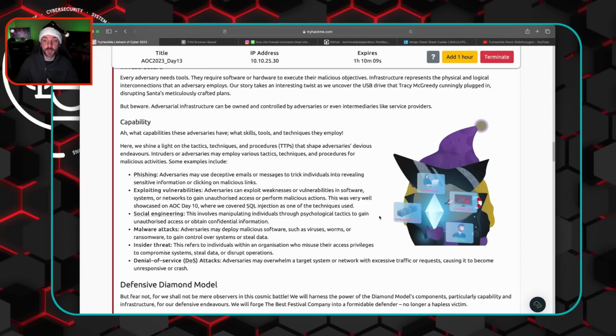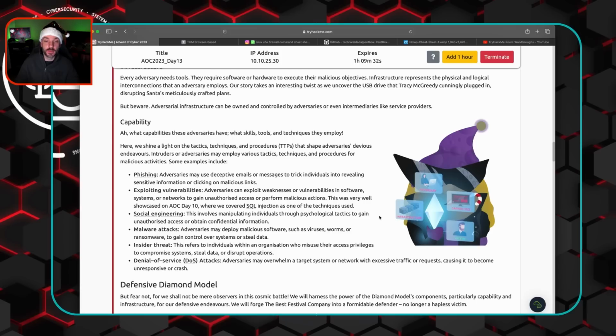try to trick someone into providing some sensitive information or clicking on a link that might download something malicious that could give the adversary a foothold within the environment. Exploiting vulnerabilities could be another capability. So that could be exploiting vulnerabilities that are in software or hardware that might be known already, or maybe it's something like a 0-day where all of us good guys out here trying to defend things might not necessarily know that that vulnerability exists. Social engineering, kind of similar to phishing in some ways, but it doesn't necessarily have to